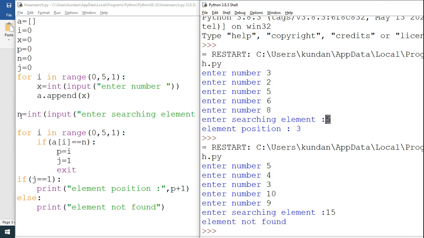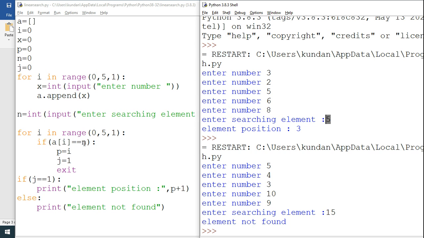As I told you, in linear searching starts from the first position. Again I am executing a loop, for i in range 0, 5 and 1. So the loop is starting from 0. In the loop, if a0 equal to n, I want to search 5.